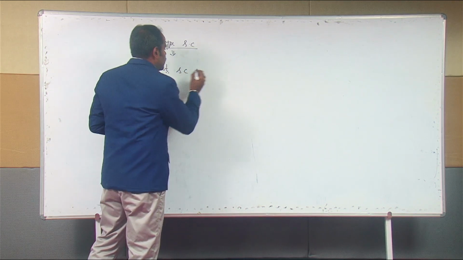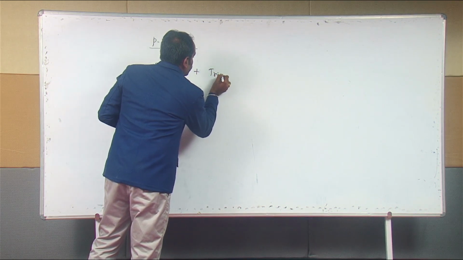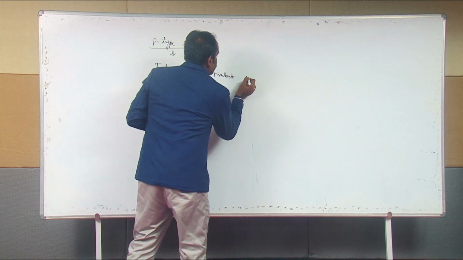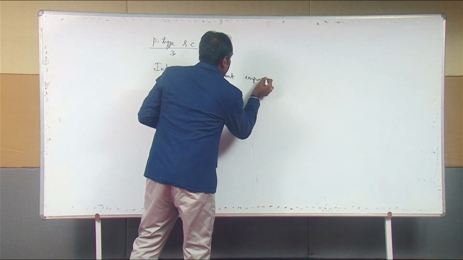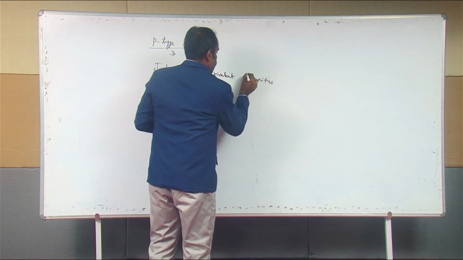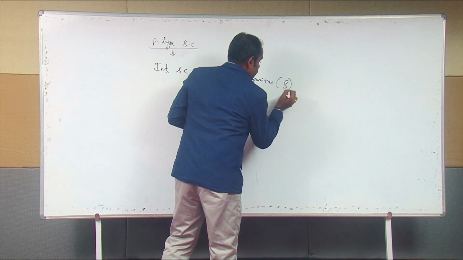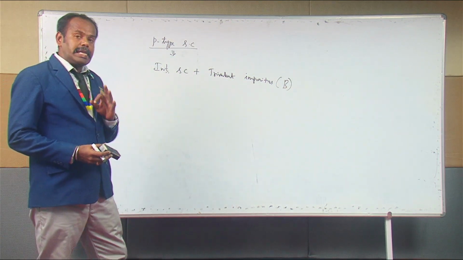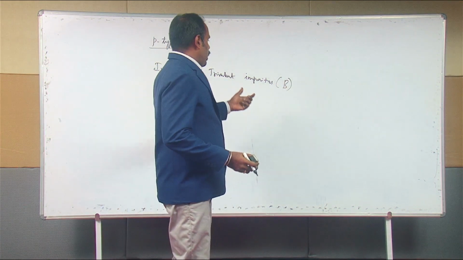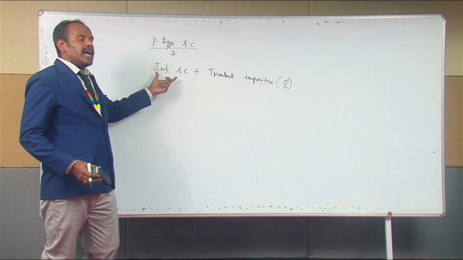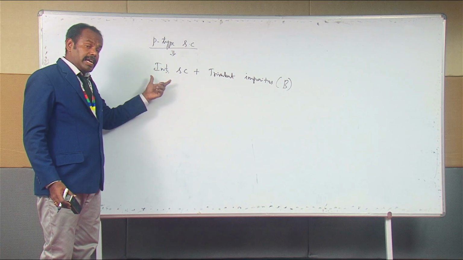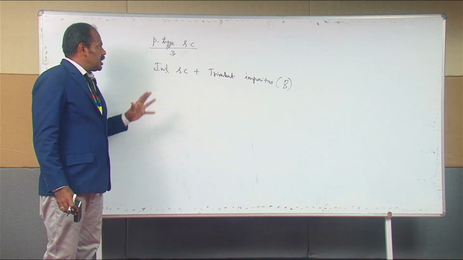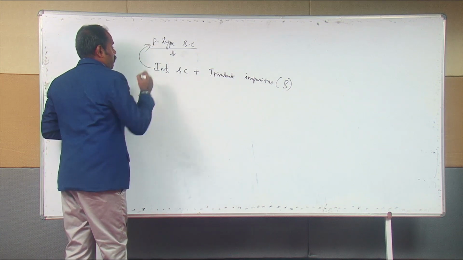In this case, we are going to add trivalent impurity atoms into the intrinsic semiconductor. When you say trivalent impurity atoms like boron, they have 3 valence electrons, and when you add this trivalent impurity atom into the already existing intrinsic semiconductor, then it results in the formation of the